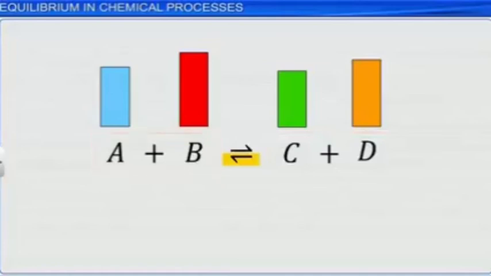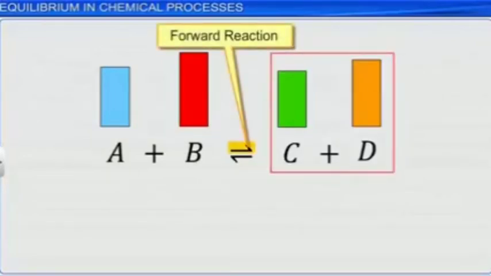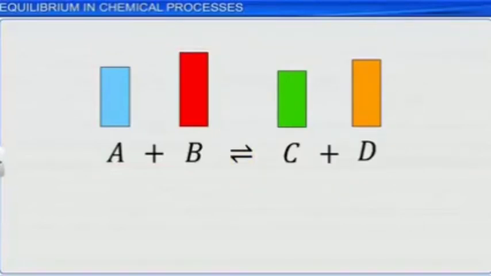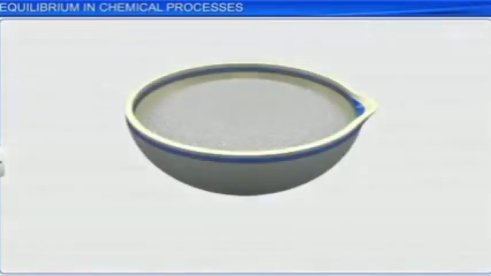In a reversible reaction, the reaction in which the reactants react to give the products is known as the forward reaction, while the reaction in which the products react back to give the reactants is known as the backward reaction. Depending on the chemical nature of products and the reaction conditions, the products may or may not react to give the initial substances. Let us take the decomposition of calcium carbonate as an example.